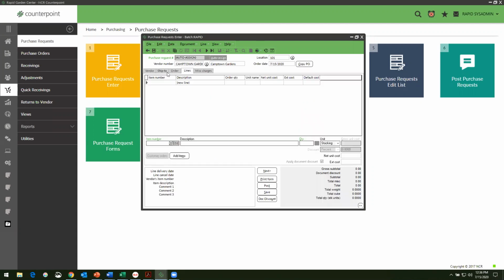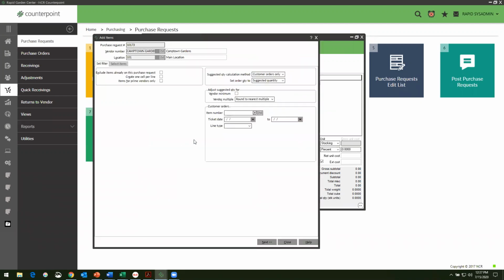And if I come to the place where I would start to add my goods, just like in a receiver, you're going to add the goods and services that you want, or the goods that you want to purchase from the supplier. In addition to the normal just searching for an item, creating an item on the fly, I have a new button on here called Add Items. What this does is it launches a little tool that actually runs a replenishment report for me. You'll start to see things that are very familiar from that purchase advice. Over here, I can suggest the calculation of a recommended amount based on the maximum, the replenishment, the days of supply. It's the same functionality and logic